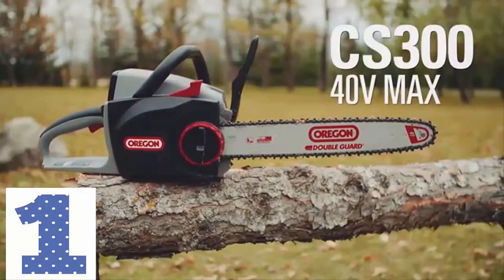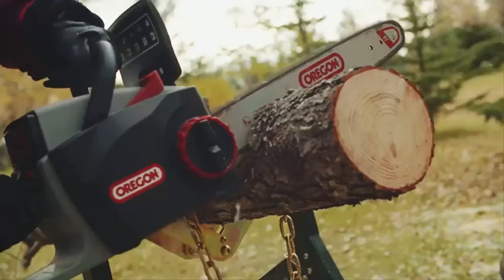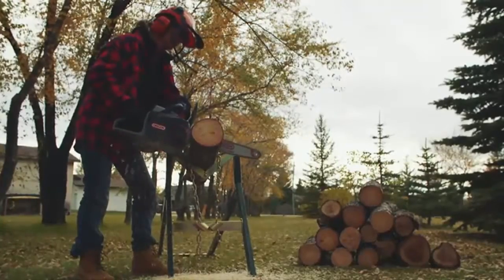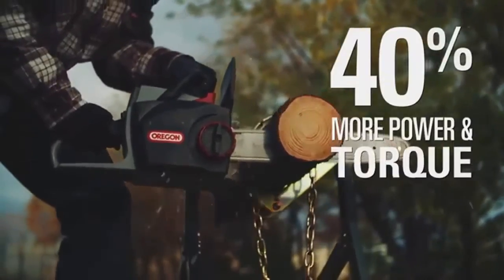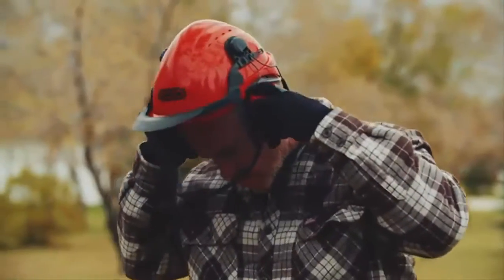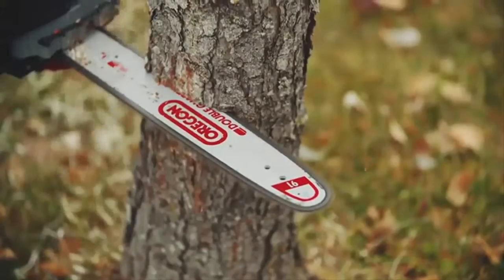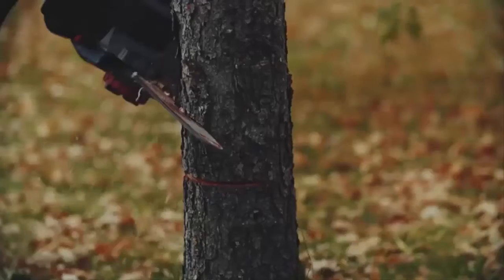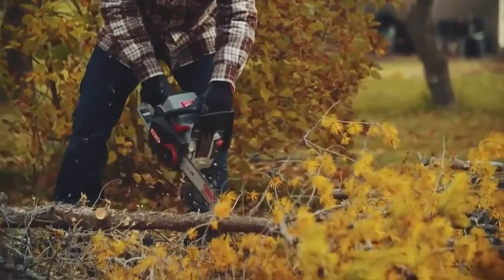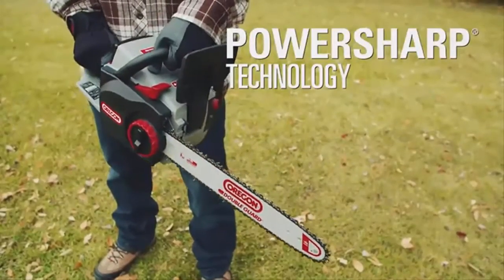Introducing the CS300 40-volt max cordless chainsaw from Oregon, the most powerful member of the Oregon cordless family. With 40% more power and torque than the highly regarded CS250, the CS300 gives you more strength and an even faster cut. Equipped with a brushless motor and a high-capacity 40-volt max lithium-ion battery, you're able to tackle almost any job. Featuring Oregon's patented Power Sharp